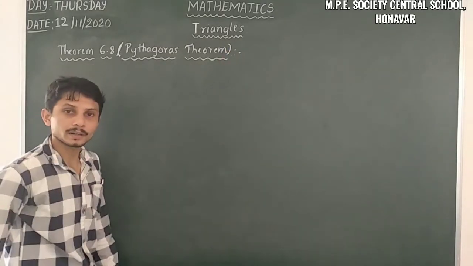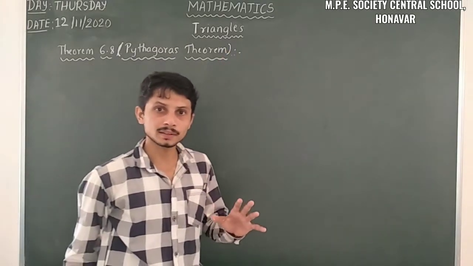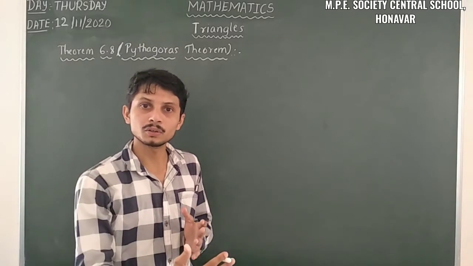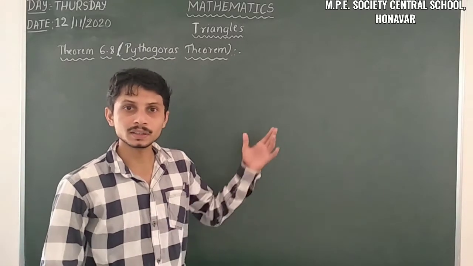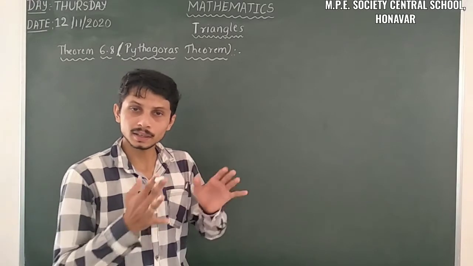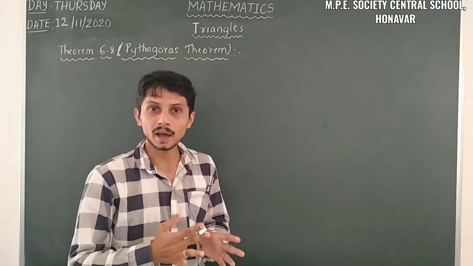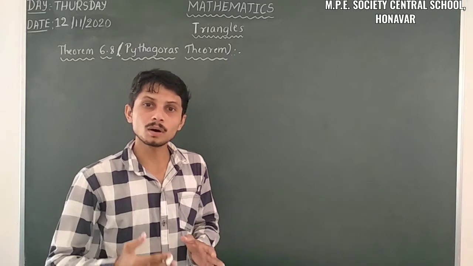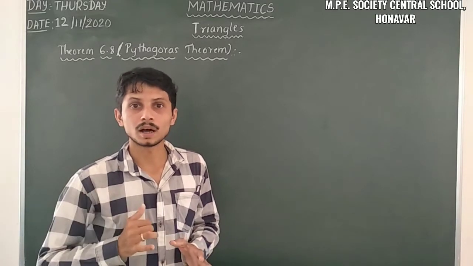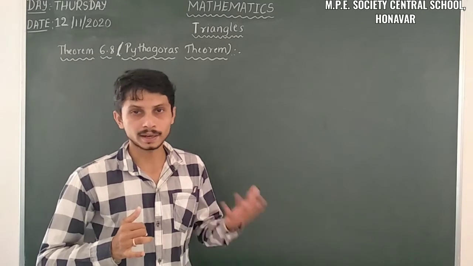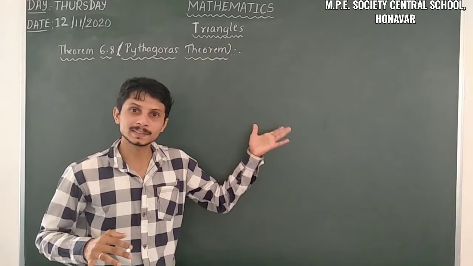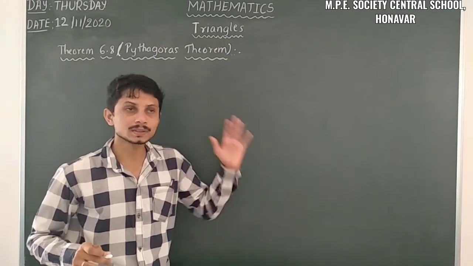Yes. So we already know about this part. I already told you that we are continuing, so completely we are dealing with right angles here. In a right angle triangle, the square of the hypotenuse side is equal to the sum of squares of the other two sides. So this is the statement of Pythagoras theorem. So let us take the statement of Pythagoras theorem.